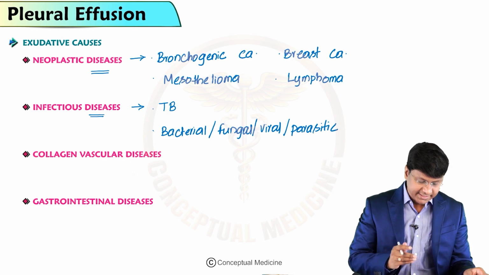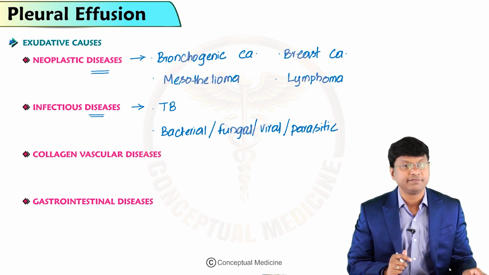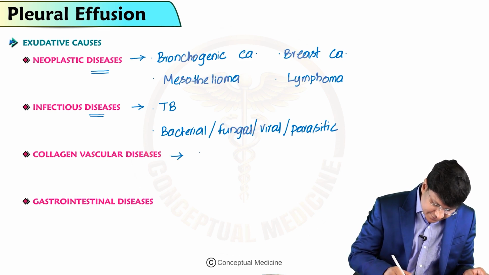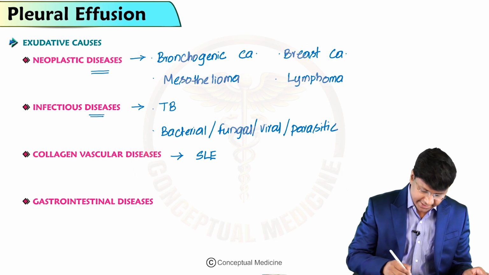So these are the infectious diseases which will contribute to the development of exudative type of pleural effusion. And collagen vascular diseases include SLE, that is systemic lupus erythematosus, and then